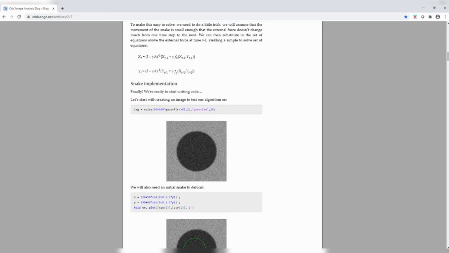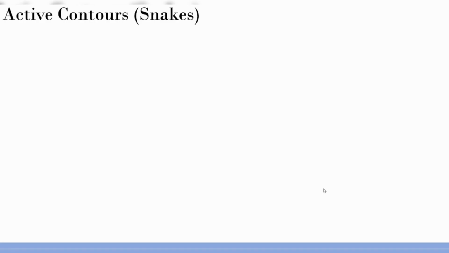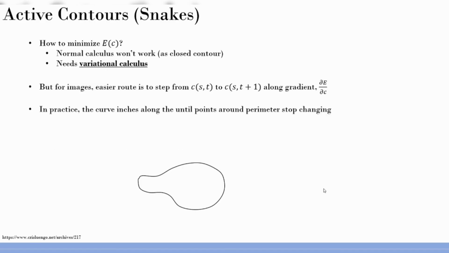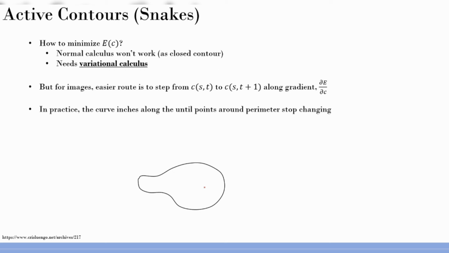So just to reiterate, I'll show you some examples again, but I'll just move ahead. So what our objective is actually is something like this. You define a curve. This curve can come from the user, as we discussed, right? The user draws an ROI, and then that's a curve for you, and then the obvious choice for you is to evolve that curve over time. To evolve that, you have this definition of E of C, okay, energy of the curve. This is a sum of internal energy of the curve plus external energy of the curve, and this is purely based on the shape, and this is purely based on the intensity.